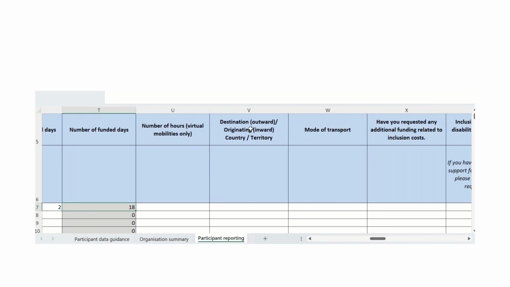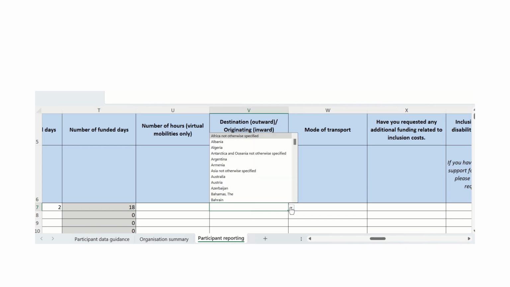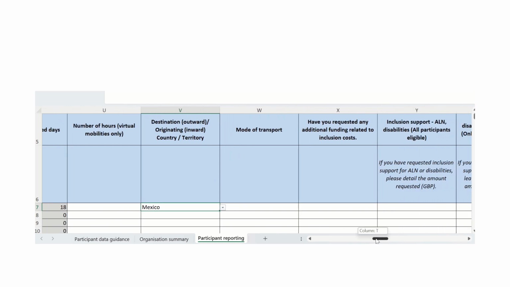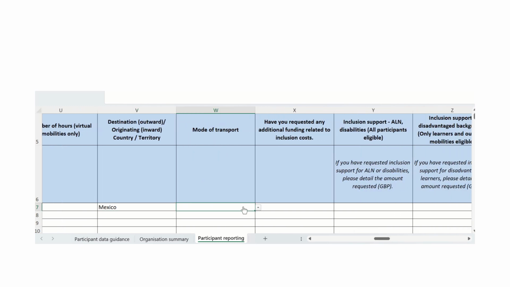And here I'll enter their originating country. And they're coming from Mexico. The mode of transport used was a plane, so we'll select air here. They haven't requested any additional costs.